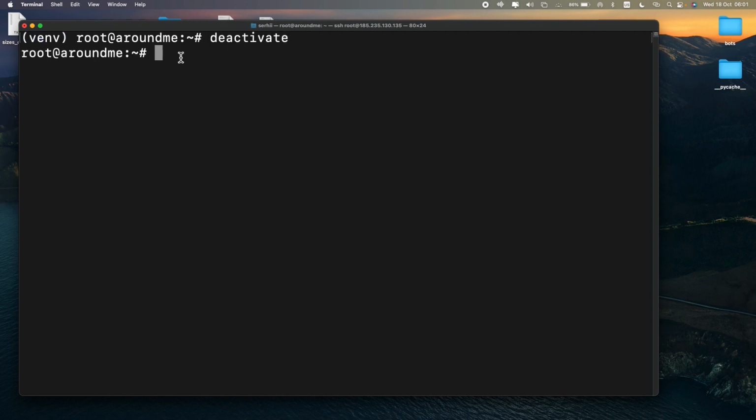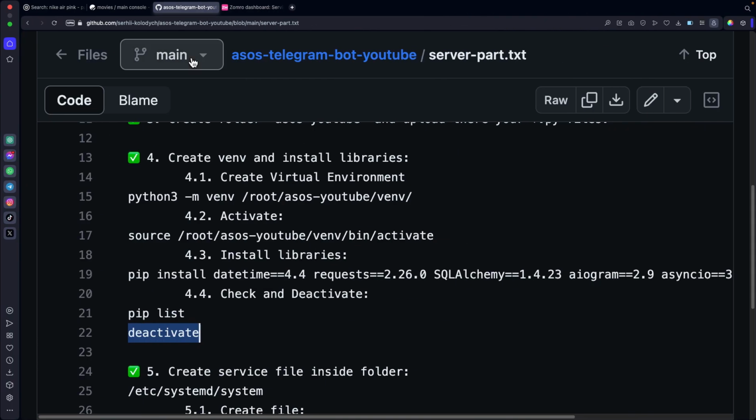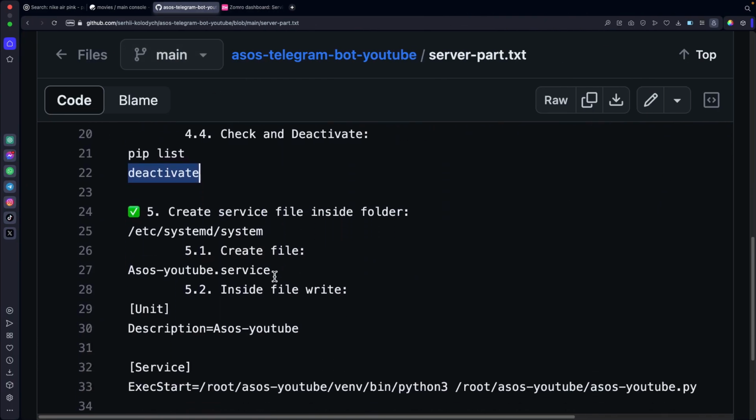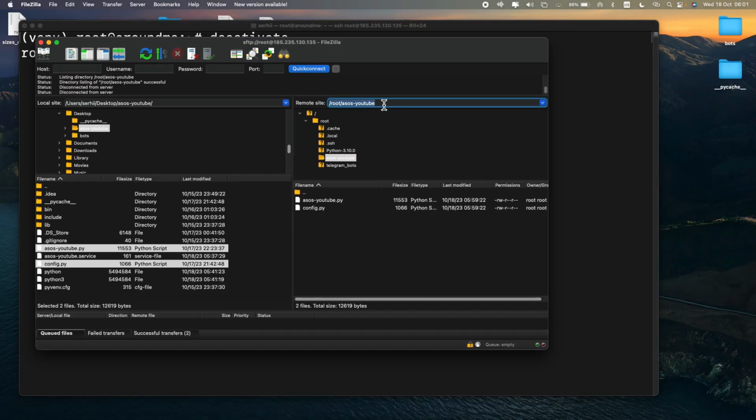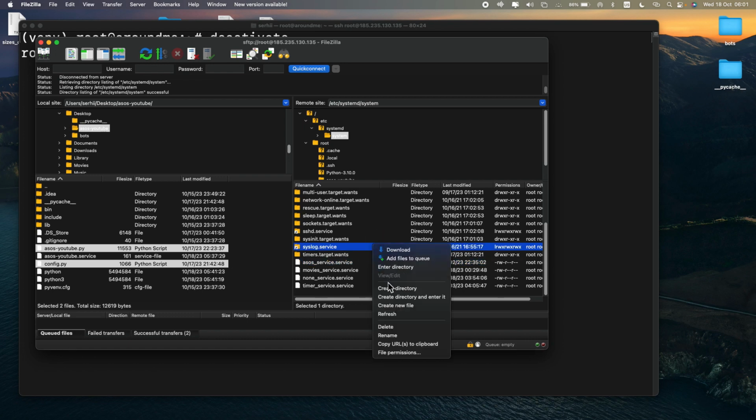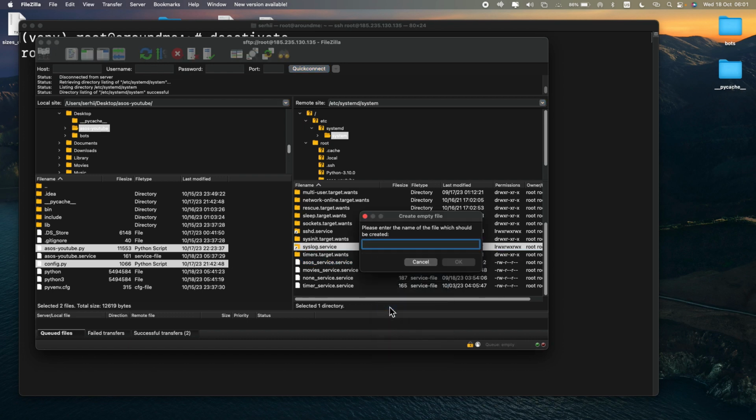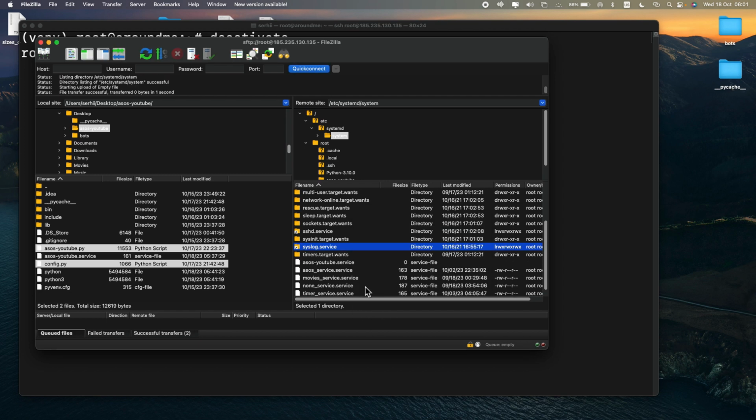Done. The next step is to create a new service file that will keep our code running all the time. Open the system folder, creating a new system file that we are gonna call asos.youtube.service. Right-click on this file and choose Edit.